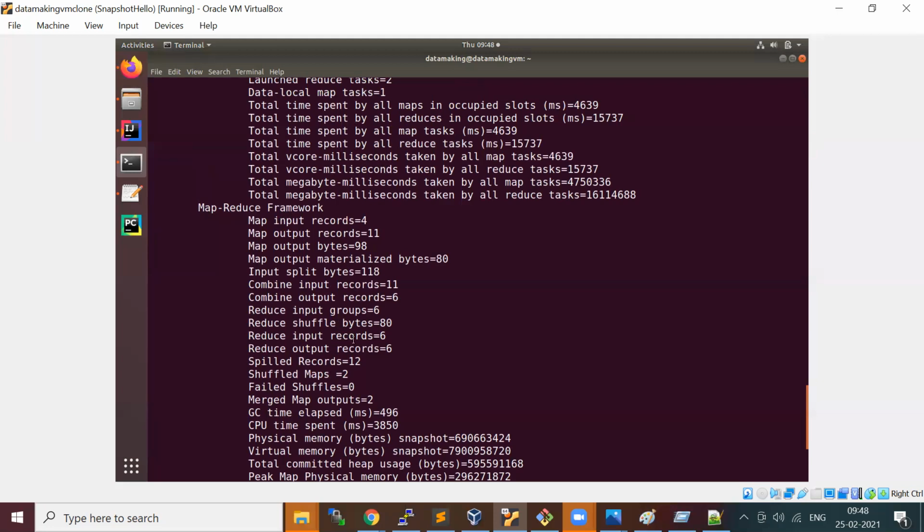That means the reduce logic has been applied in the combiner itself. So moving the data from the map phase to the combiner phase to the reduce phase, the data traffic is reduced. This will improve the execution time of your MapReduce job.